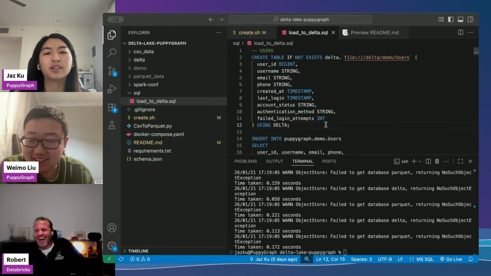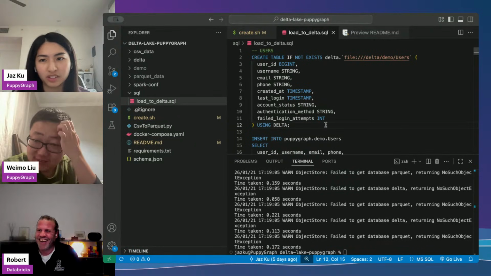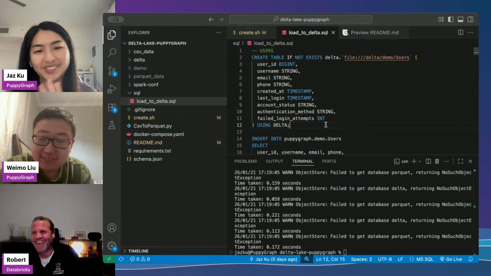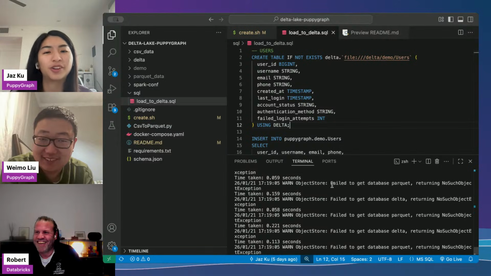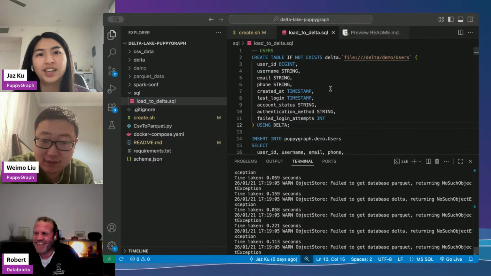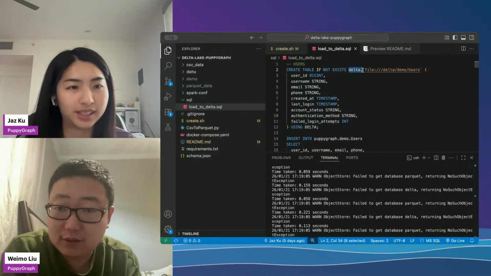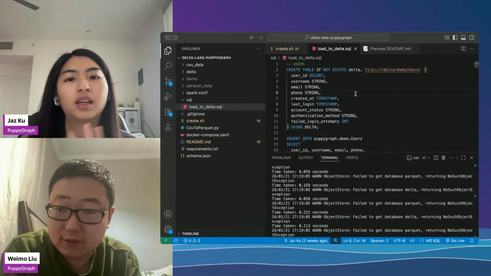When I was writing this demo, I was like, what's the easiest way to let people load all of this in? So this is what I came out with. You can ignore all the warnings as well. It's because it's treating this like, oh, it's a database, but it's actually a file path. So things still load as per usual.